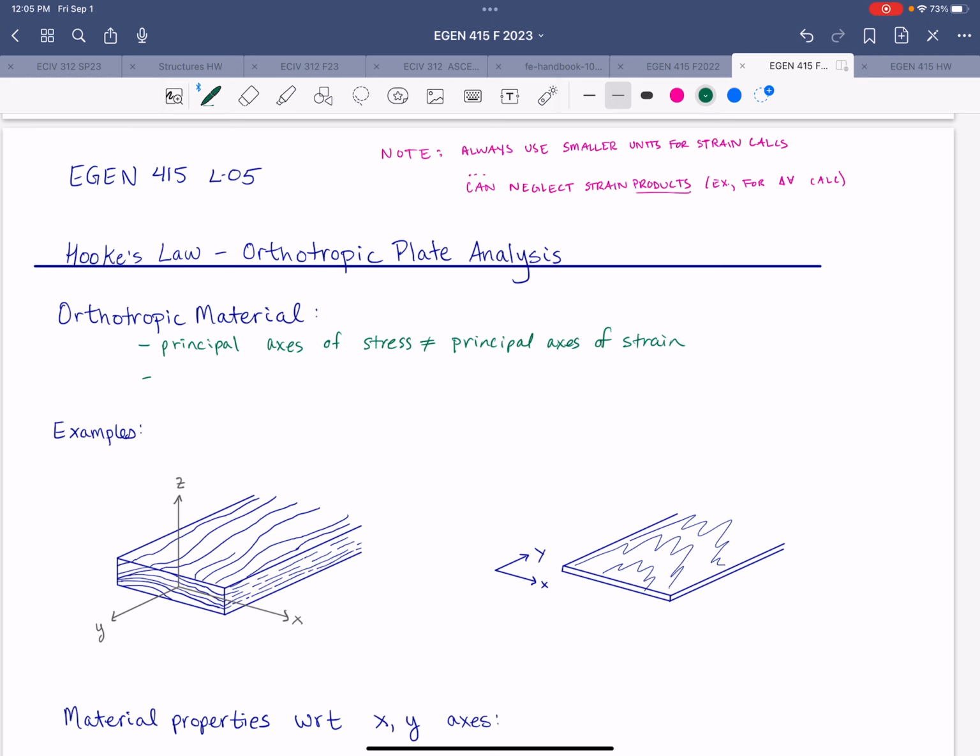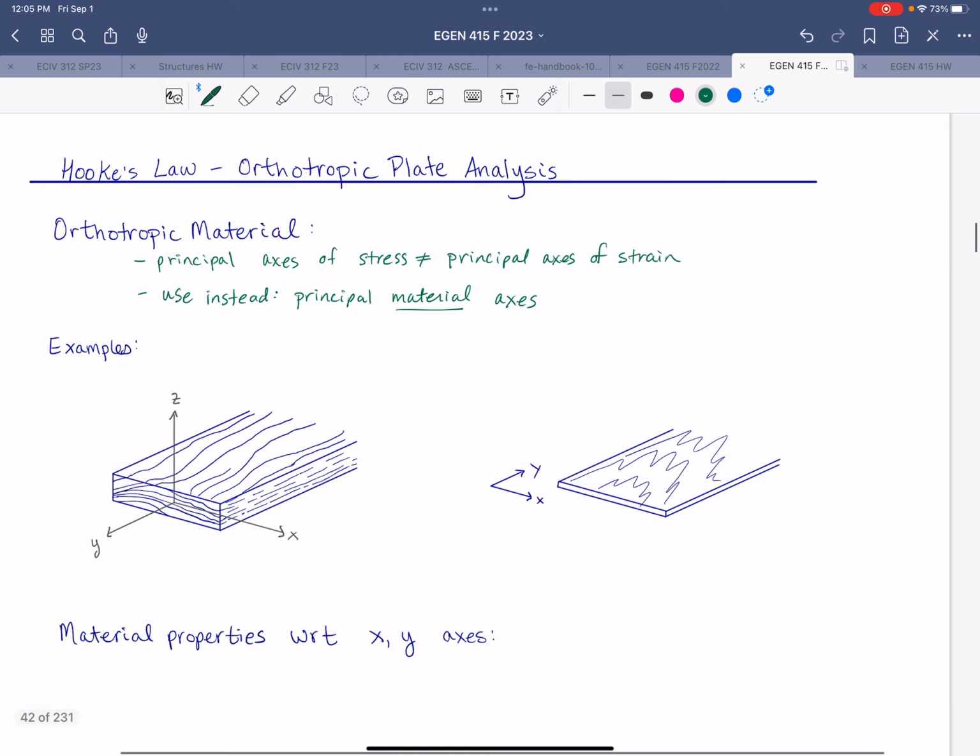And another principal material axis would be perpendicular to that grain direction, right? So again, using wood to